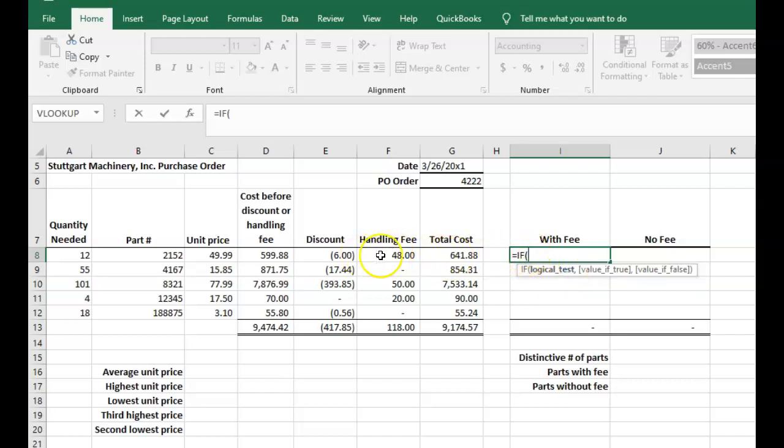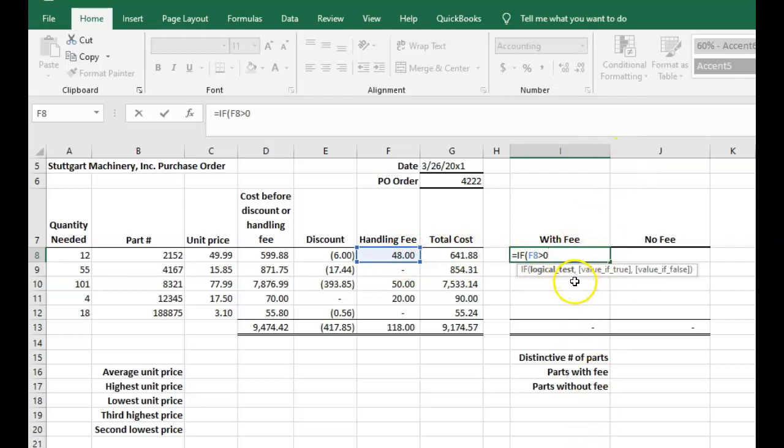If F8 is greater than 0, I'm going to click on F8. I'm going to use the greater sign on my keyboard. I'm going to enter 0. Now the logic part of this test says if F8 is greater than 0,